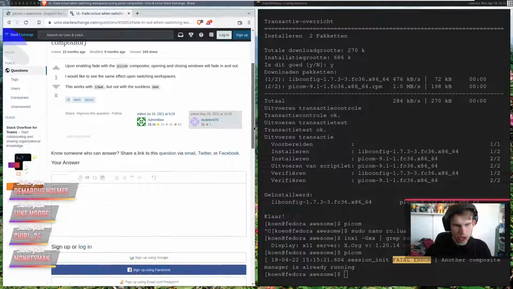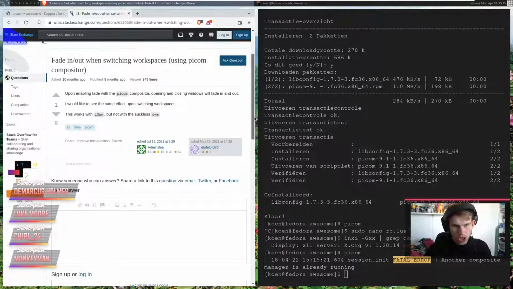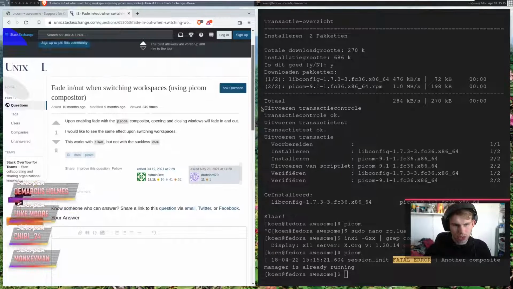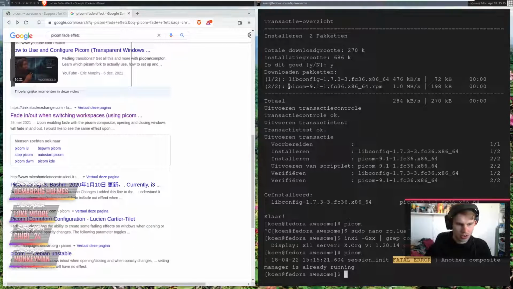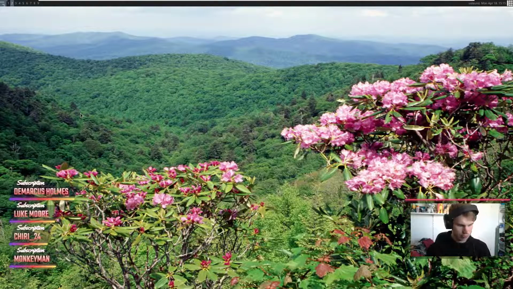Upon enabling fade with the picom compositor, opening and closing windows will fade in and out. I would like the same effect upon switching workspaces. This works with i3, and it should also work with this.